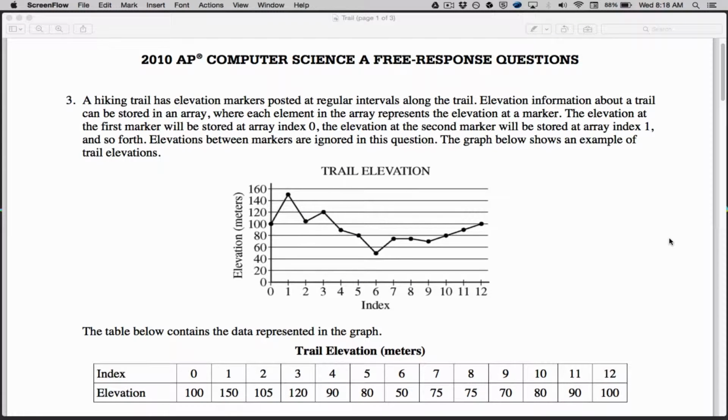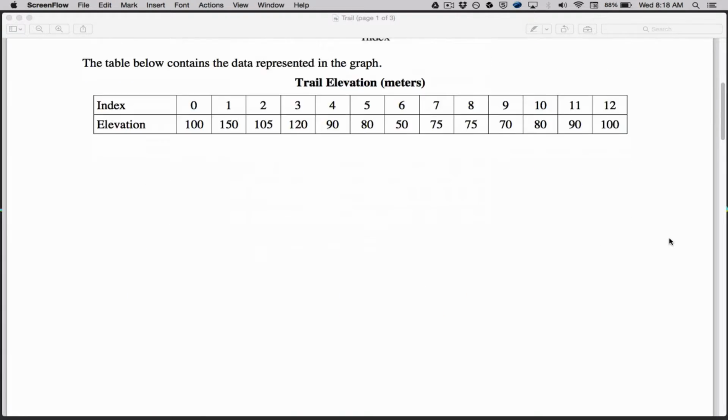This is my solution for the hiking trail free response question. I'm assuming that you've gone ahead and read through the question and understand what's being asked. This particular question deals with working with data inside an array and using some of the common array algorithms. So we'll start with part A,